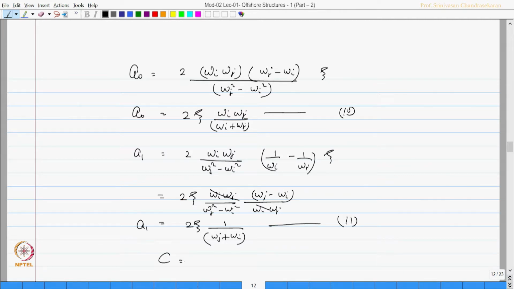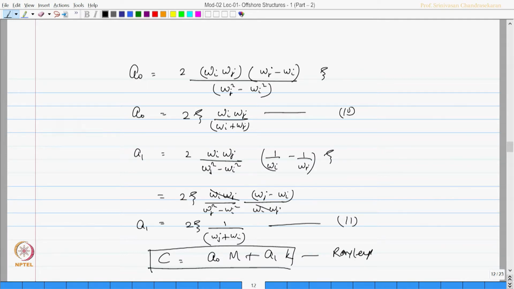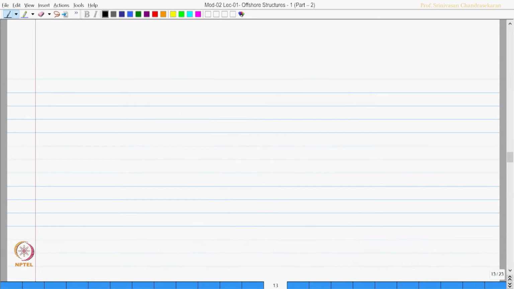Now, C is actually equal to A0 m plus A1 k, which is given by Rayleigh. So, for the known values of A0 and A1, one can find the C matrix, because m and k are already known. There are some observations on this condition. Some observations are: